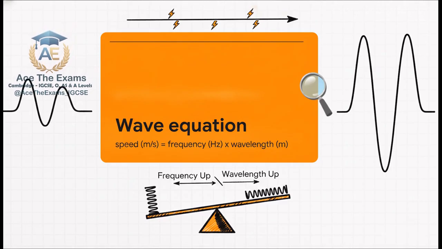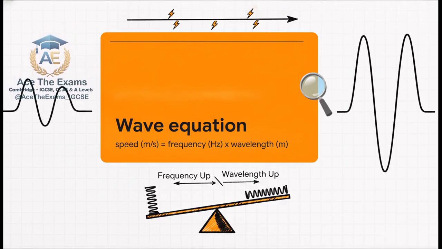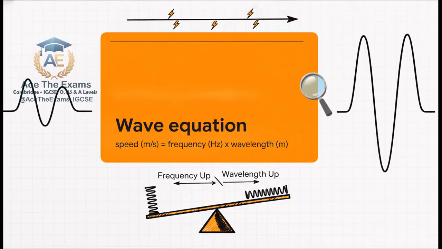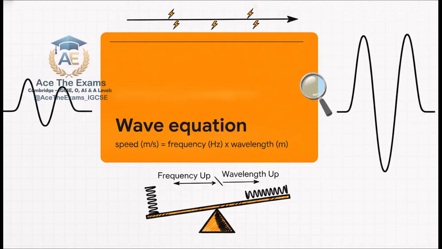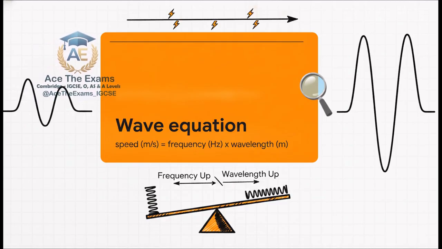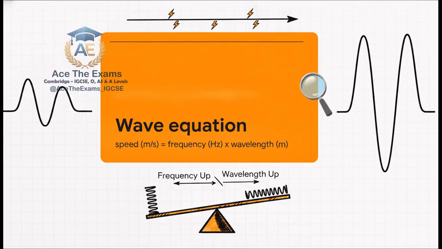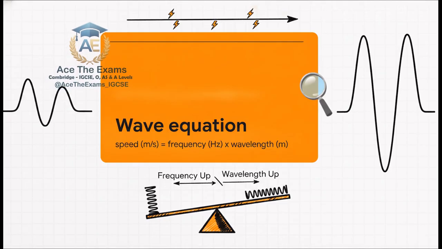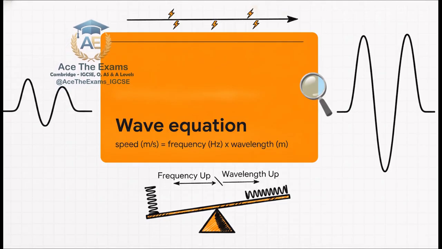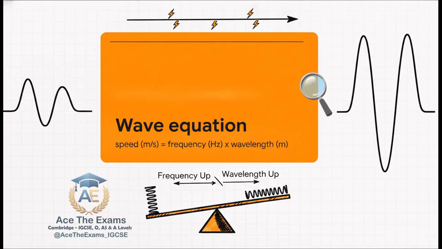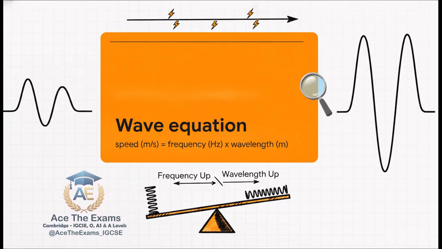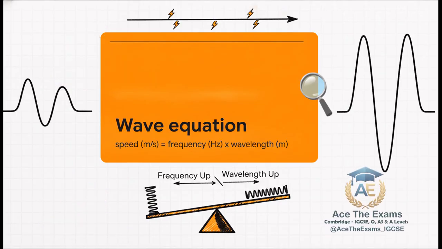So what does this actually mean for us? Well, because the speed of electromagnetic waves in a vacuum is always locked at that constant 300,000 kilometers per second, the other two variables are stuck in a strict seesaw relationship. If you crank up the frequency, so more waves are passing by every second, you absolutely guarantee that the wavelength has to decrease, and it works the other way too. If the wave gets longer, the frequency drops. They are perfectly, inversely proportional.